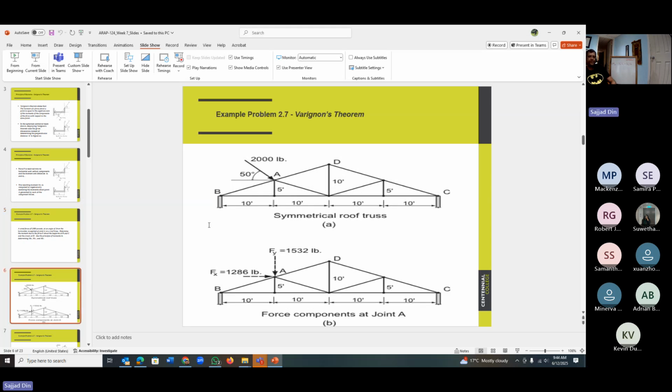So here's the force, and it's at an angle, 2,000 pounds, at an angle of 50. The first thing you do is get the vertical and horizontal components of this force. So this force, 2,000 pounds, using the angle 50, can become